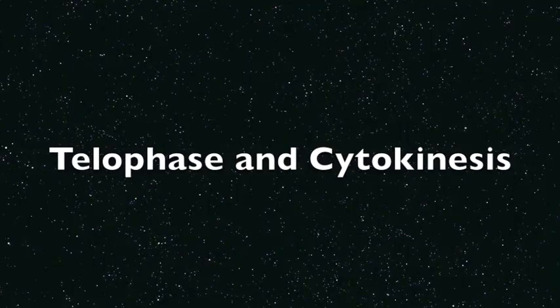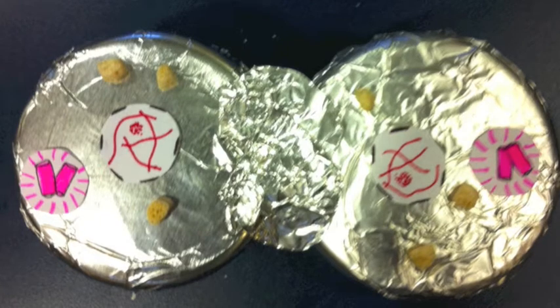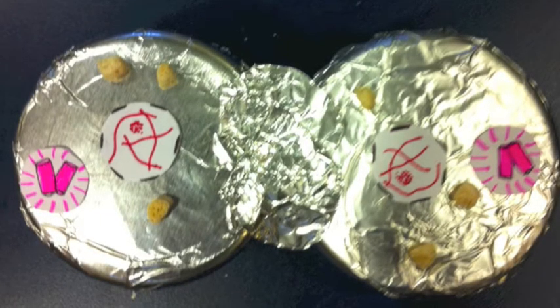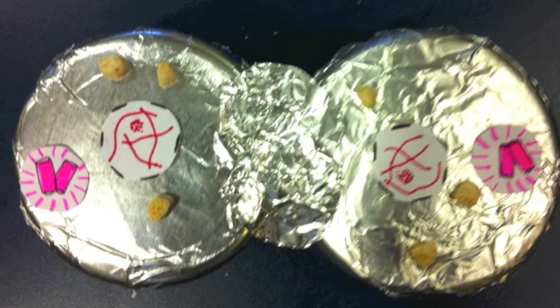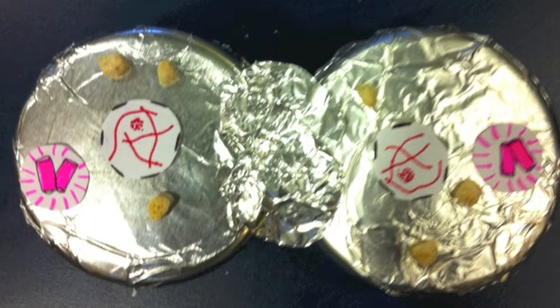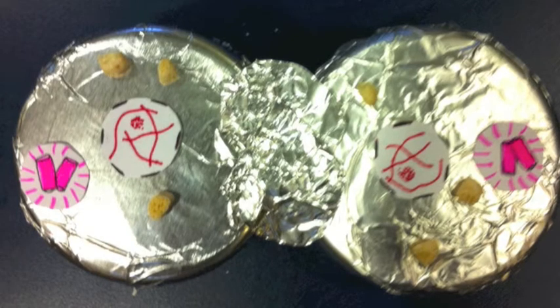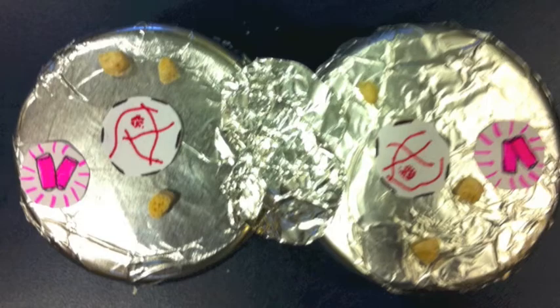In telophase, chromosomes gather at the poles and start to form daughter nuclei. Daughter nuclei will be identical to the nucleus of the parent cell. Nuclear membrane begins to reform, nucleoli begin to reappear, and chromosomes start to disappear. Cytokinesis divides the cytoplasm. Each cell gets about half the materials and organelles in the cell. The whole process of mitosis creates two daughter cells with a diploid number of chromosomes, meaning they are completely identical